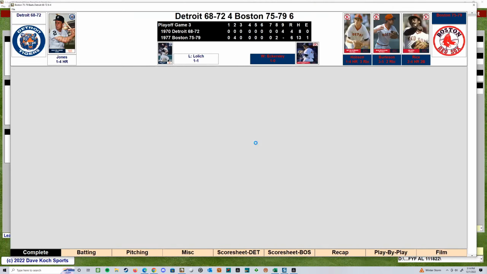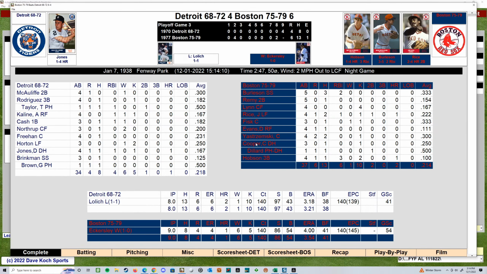Oh yeah, we've moved back to, I see we're in Fenway now, and Boston wins another one. Oh boy, Eckersley goes the distance and gets the win. And look at Lolich comes back on what? Didn't Lolich pitch game one? Did he come back on 2 days rest? What the heck's going on? I'll have to look at that. I think McLain pitched number two, and we're just coming right back with Lolich. He's going to pitch every other game.